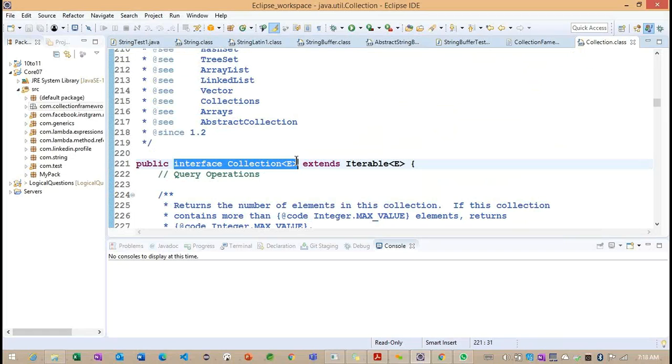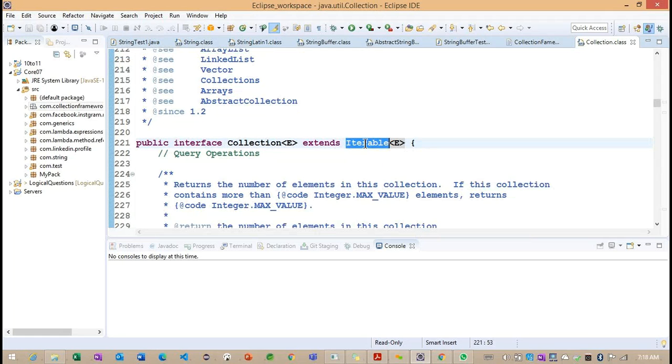So it is public interface collection, which is extending iterable. Now we need to understand what iterable is. Just now we discussed that to get objects one by one, we need to work with iteration concepts, and in that we have one interface called iterable.